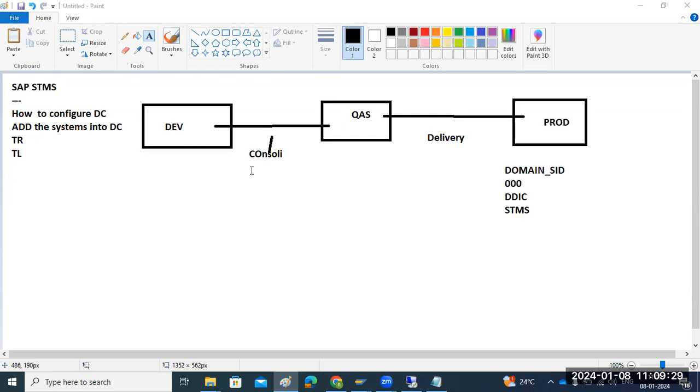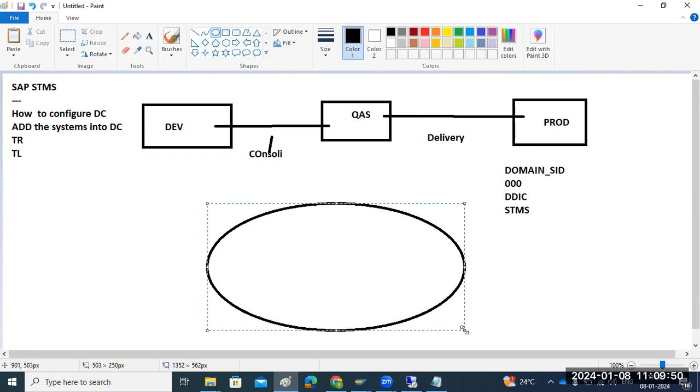Customization objects, our developers who will develop, that will go via that line. That is what we discussed in our previous class, right? It's clear up to here: routes, layers, how to add the systems, how to configure. All those things you are clear on now. So while performing this configuration, what happened here? There is a trans directory at operating system